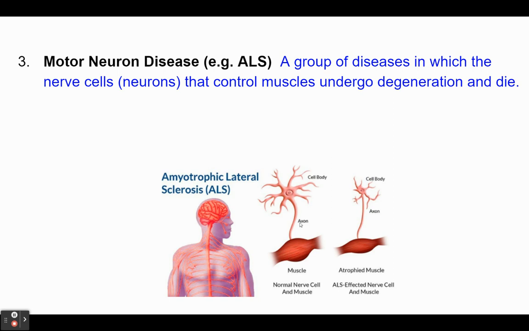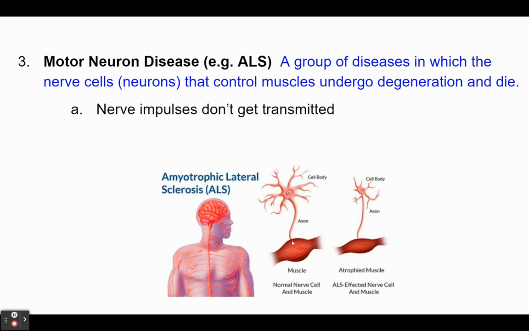The muscle that this nerve cell is attached to is going to lose its function. It might actually fall apart a little bit when it's not getting as many signals and it's not contracting as much. The muscle will atrophy, which means get a lot smaller. And an individual with ALS will have a much harder time moving this muscle and might actually lose the ability to use this muscle. In motor neuron disease, nerve impulses don't get transmitted because the nerve cell is impacted and